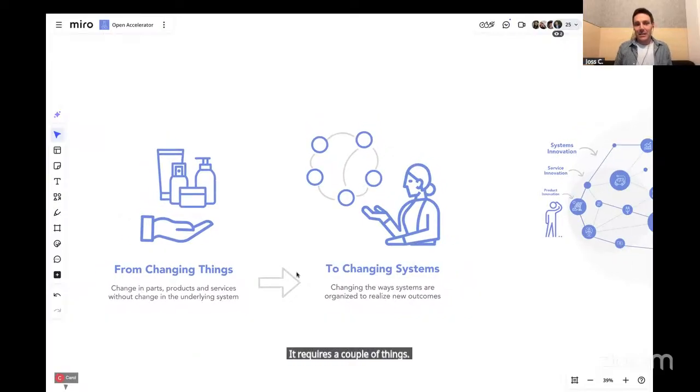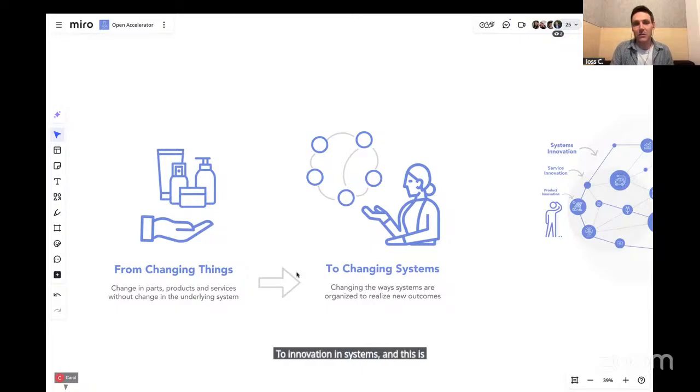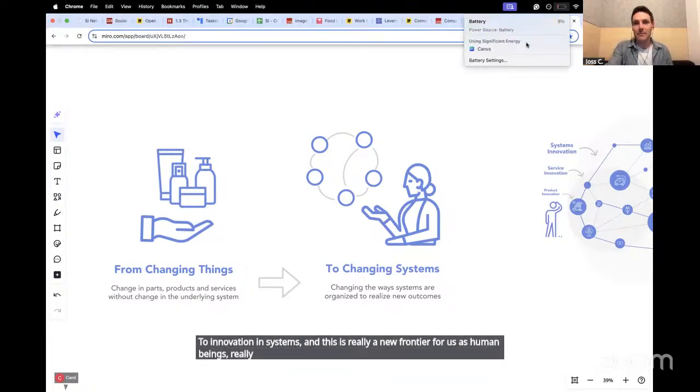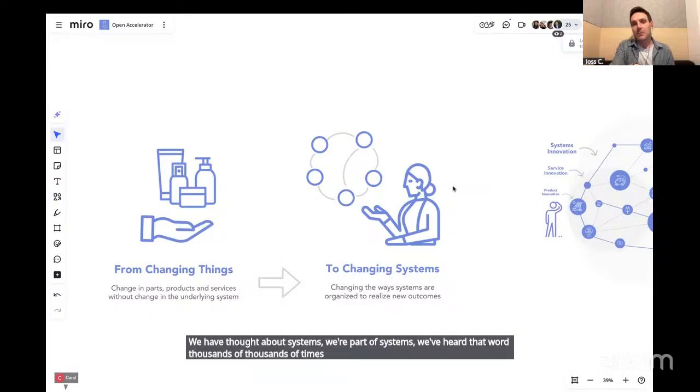It definitely requires changes in thinking and changes in approach, because we're trying to change from innovation in parts to innovation in systems. And this is really a new frontier for us as human beings. We have thought about systems, we're part of systems, we've heard that word thousands of times, but we've never really developed a comprehensive, broadly across society and organizations, good understanding of complex systems and how they work, and certainly not a good understanding of how to influence and guide change in a constructive, coherent, sustainable fashion